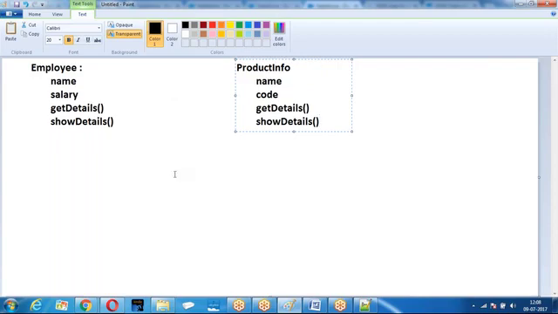This is one class, this is one class. If I say getDetails, which one are you calling? Which method are you calling? Are you calling getDetails from employee or getDetails from product info? Now the system cannot understand which method you are calling.